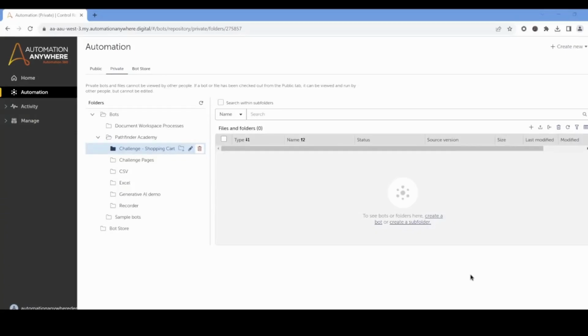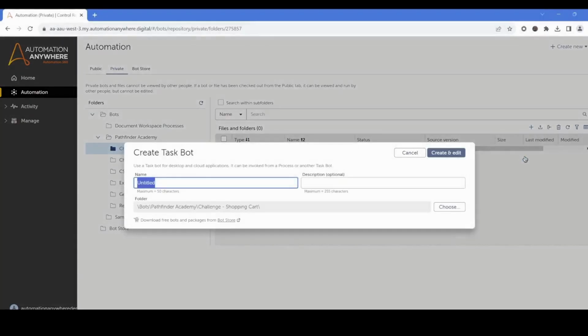Let's see how to solve this shopping cart challenge. I'm going to go ahead and build this bot from scratch so you can see my thought process as I do this, as well as you are. So the first step obviously is to create a new task bot, and I'll call this one shopping list